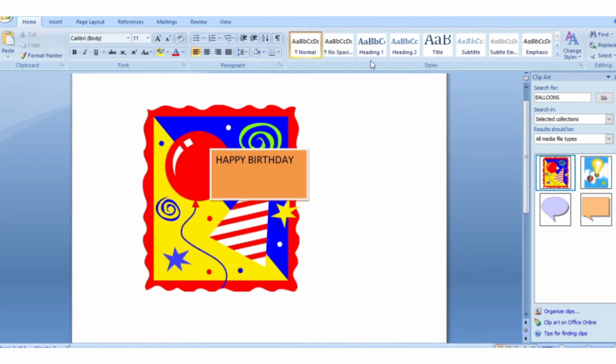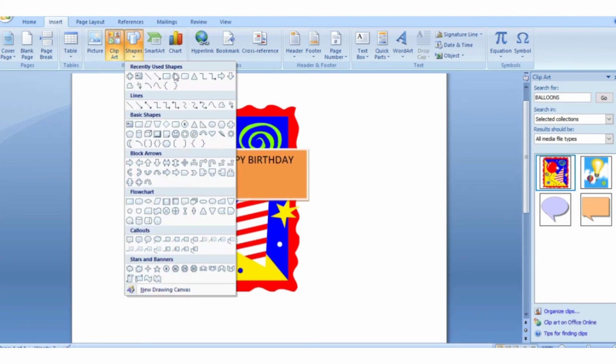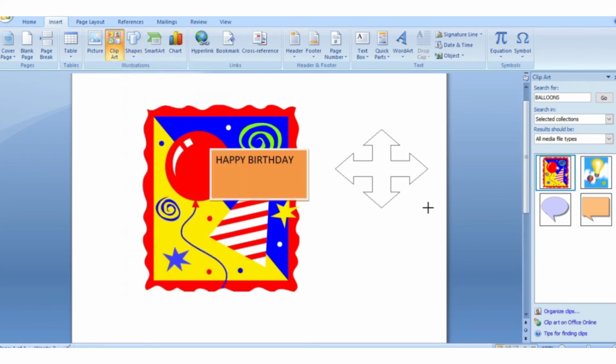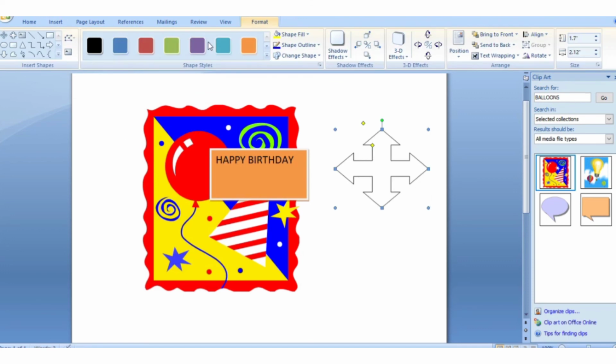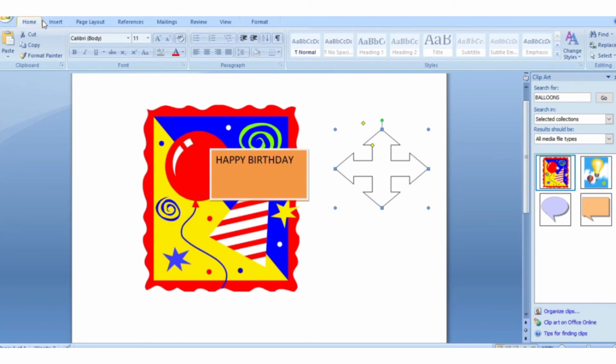Next is changing shape color. As we have inserted the shape, if you want to add some color in this shape, what we will do, again we will go back to the home option.